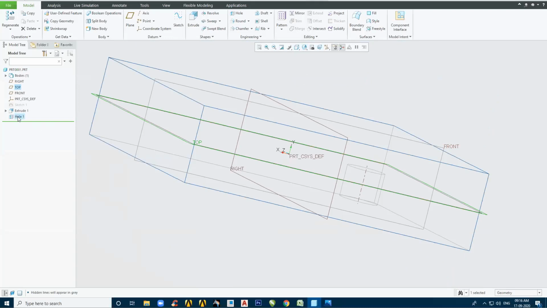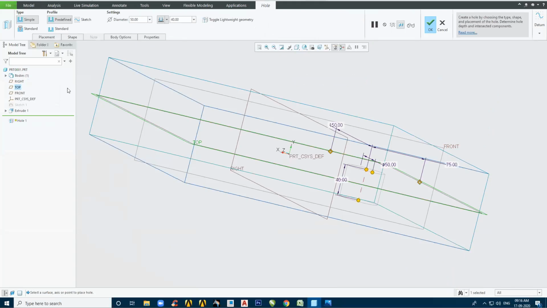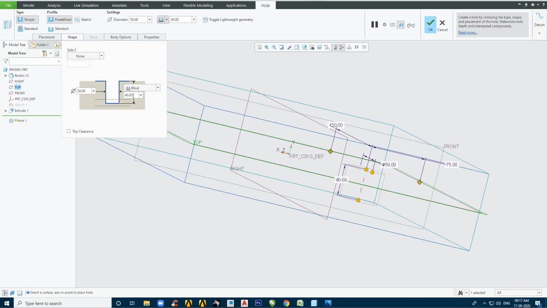Now I am coming in the hole. I am clicking on edit definition, and after coming in edit definition, I am coming in the shape of the hole. You will notice that presently it is a blind hole of 40 mm, and the other side, the opposite upper side, is none. I can change this other side to, let's say, next.